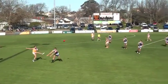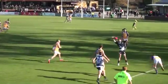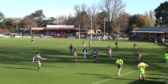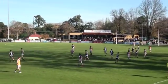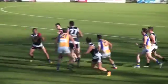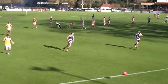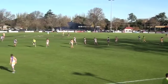Handballs to his teammate. He was under a bit of pressure, got the kick away, up along the boundary. Good spoil by Edwards. Went into the hands there of umpire Conway. No. And we'll get a boundary throw in, and it was touch and go whether it went out of bounds. No, the play was out of bounds. The ball never went over the line. As the umpire sends it back into play. No, neither ruckman was able to get it. McCartan got a kick off his boot back towards the boundary line. Centre wing position, broadcast side. We'll get another